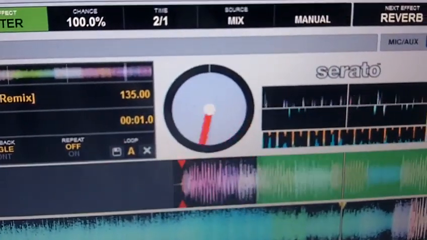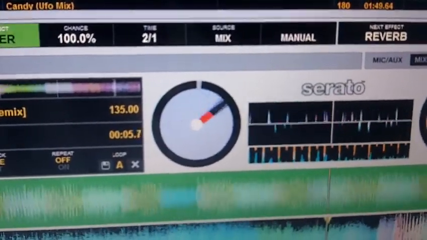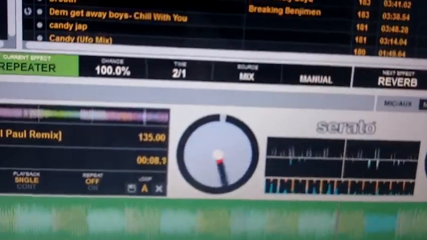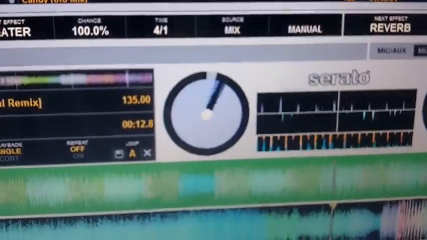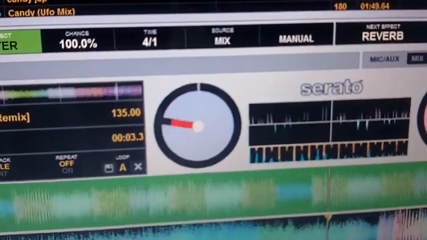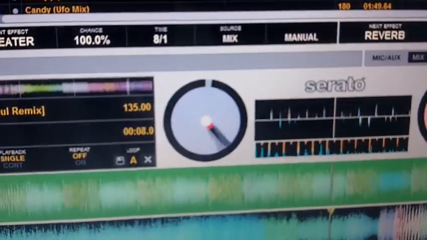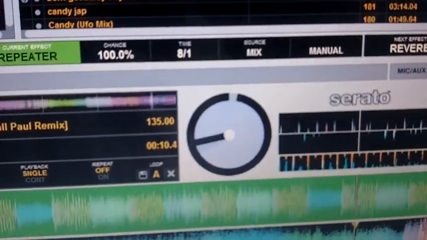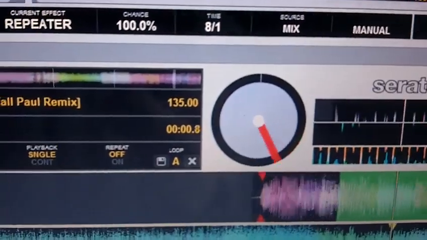Two. 2 is basically one beat. 1, 1, 1, 1, 1, 1, 1, 1. That is 2 beats, 4 or 1. 1, 2, 1, 2. Then we have a 4 beat. 1, 2, 3, 4, 1, 2, 3, 4, 1, 2, 3, 4. Then we have, that's the highest it'll go to. So, if I turn those on,